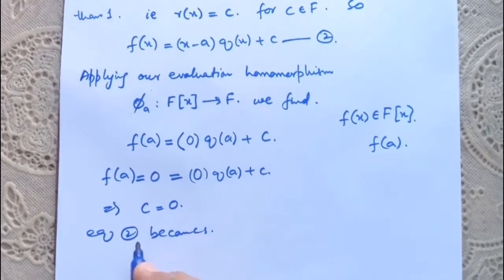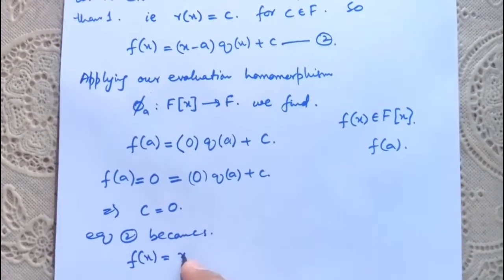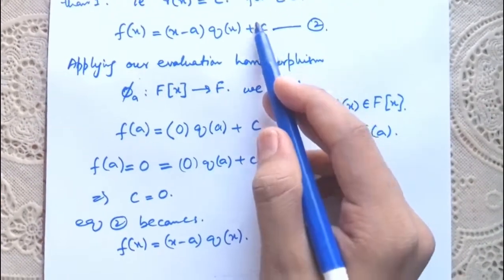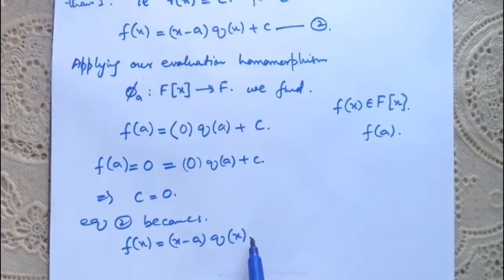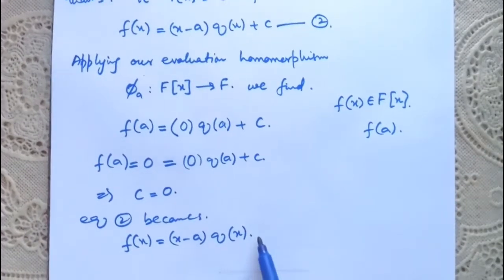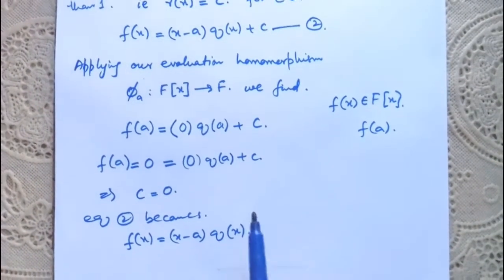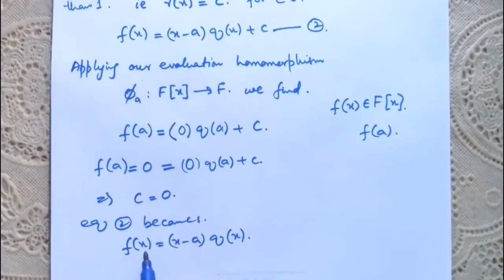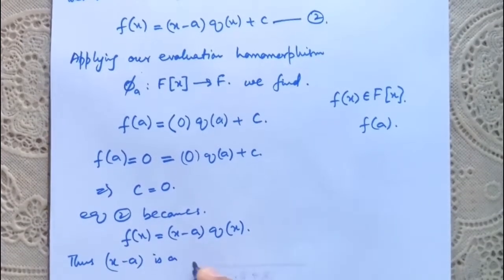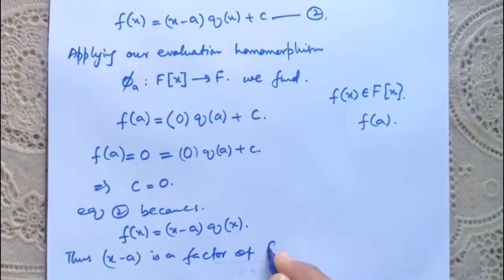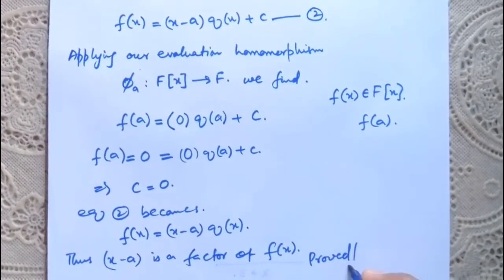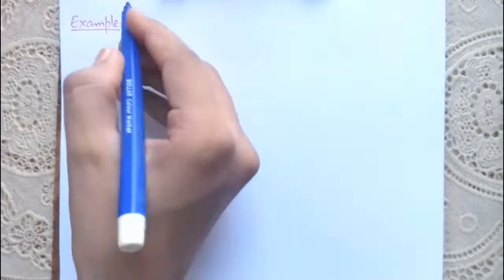becomes f of x is equal to x minus a times q of x plus 0, because c is equal to 0, right. So it means that f of x is completely divided by x minus a, that's why the remainder is 0, and thus x minus a is a factor of f of x, right. So thus x minus a is a factor of f of x, and the theorem has been proved. Now let's see an example. So working again